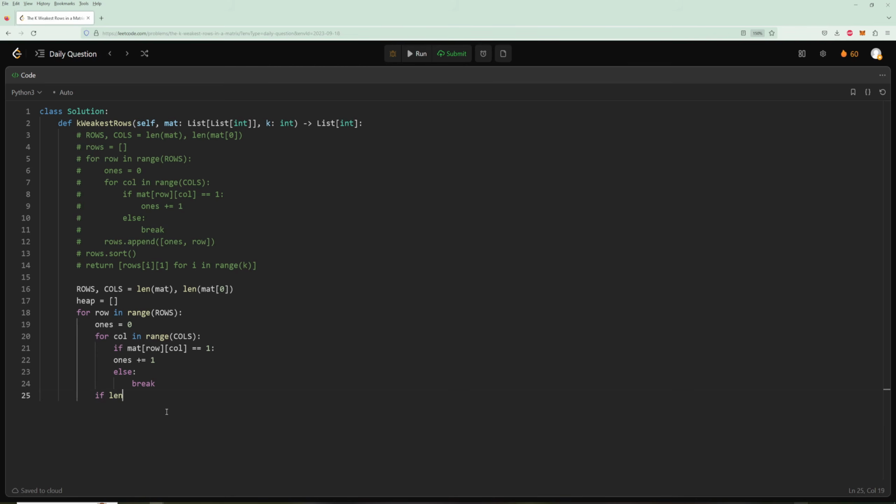So if the length of the heap is less than k, then we just simply push into the heap because we just have space, so it doesn't matter. So we are going to push into the heap -1s. You can also do this in an array, doesn't matter, and negative row. Right? Otherwise,